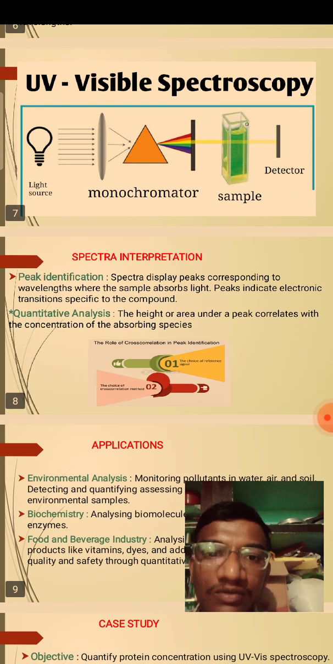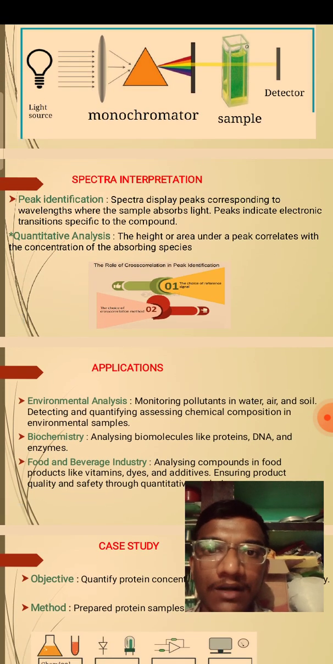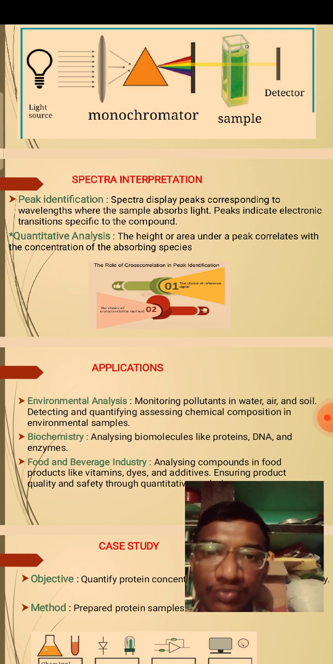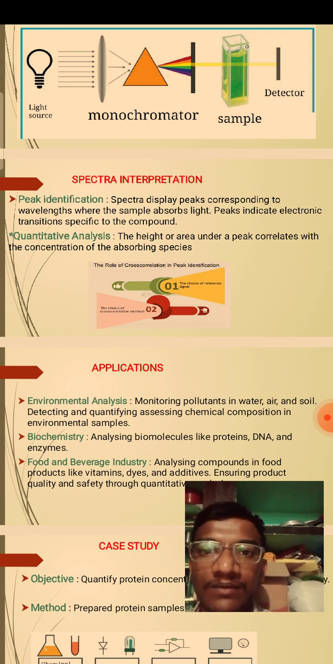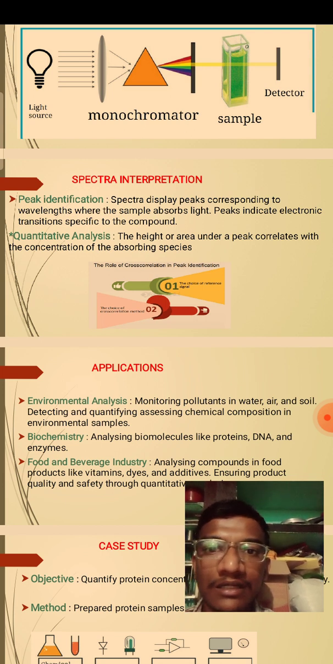And now we can discuss spectra interpretation. In this we have peak identification and quantitative analysis. Now in order we can discuss these two. First, peak identification. Peak identification means spectra display peaks corresponding to wavelengths where the sample absorbs light. Peaks indicate electronic transitions